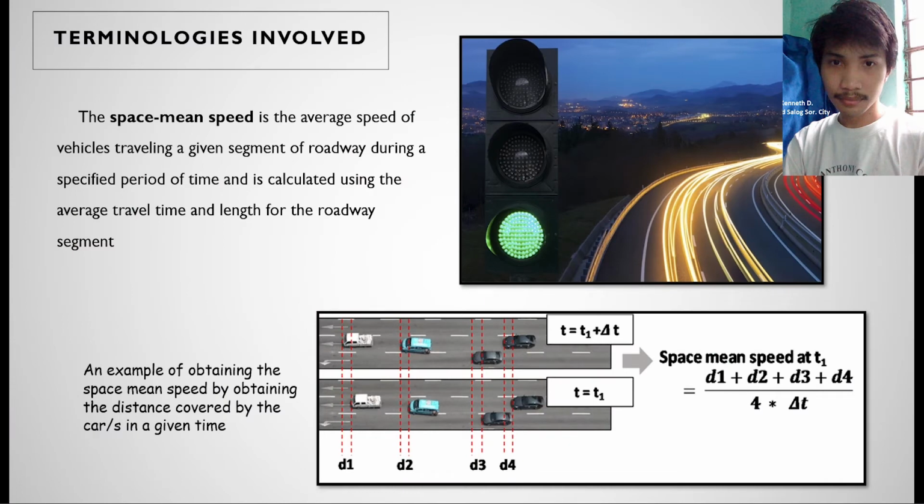The terminologies involved will be the space mean speed, which is the average speed of vehicles traveling a given segment of roadway during a specified period of time, and is calculated using the average travel time and length for the roadway segment. An example of the space mean speed is obtained by getting the distance covered using rate. Using that, D1, taking each of the cars' distance taken, then averaging it, then dividing by time, we can get